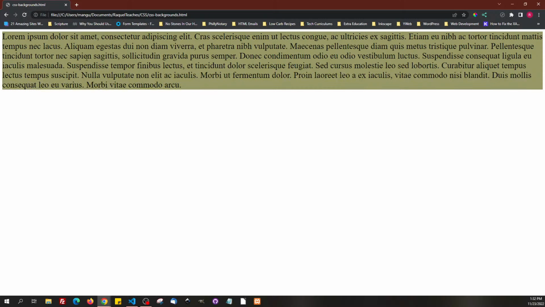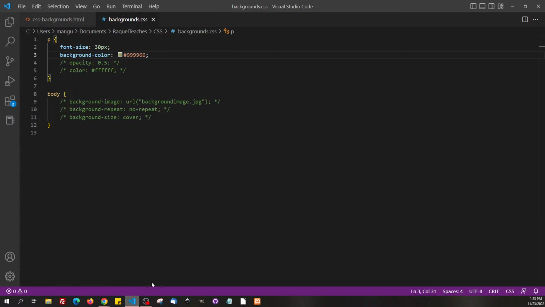Okay, so that's how background color is used. You can just enter any color code, any format you prefer, and that color will be applied to the background of the element. Now, one other thing to keep in mind about background color is that it can also be combined with a property called opacity. Right? And so opacity is really what makes it sheer or translucent or see-through. It's the intensity of the color, the solidness, so to speak, of a color